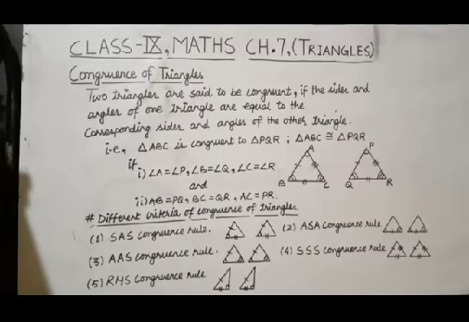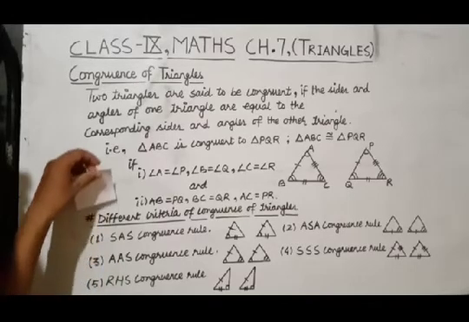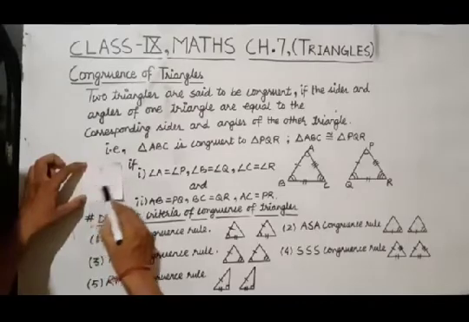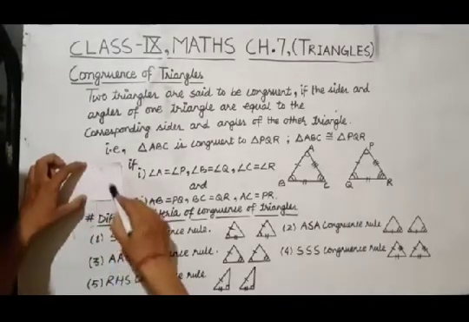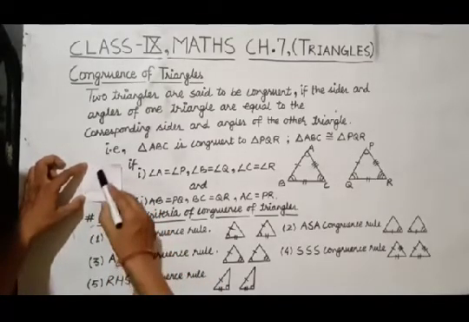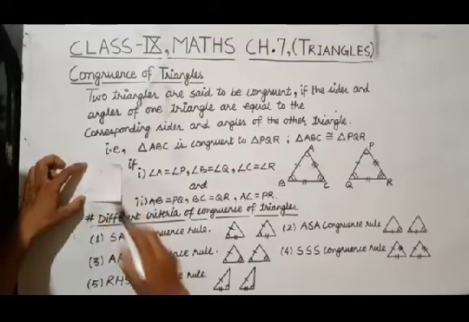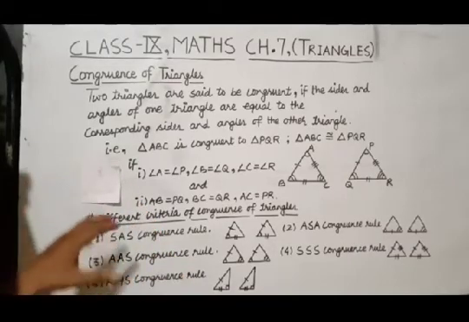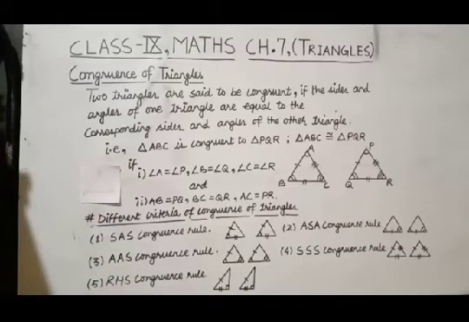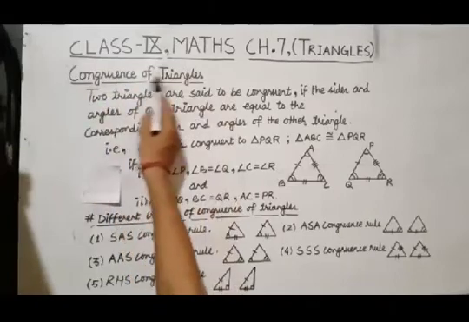So as you have studied, a triangle is a simple closed plane figure formed by three lines. So yes, here I have drawn a triangle ABC using three lines, and this triangle has 9 parts: 3 vertices, 3 angles and 3 sides. And moreover to it, you have studied different properties of a triangle as well. But this time we have to discuss congruence of triangles.